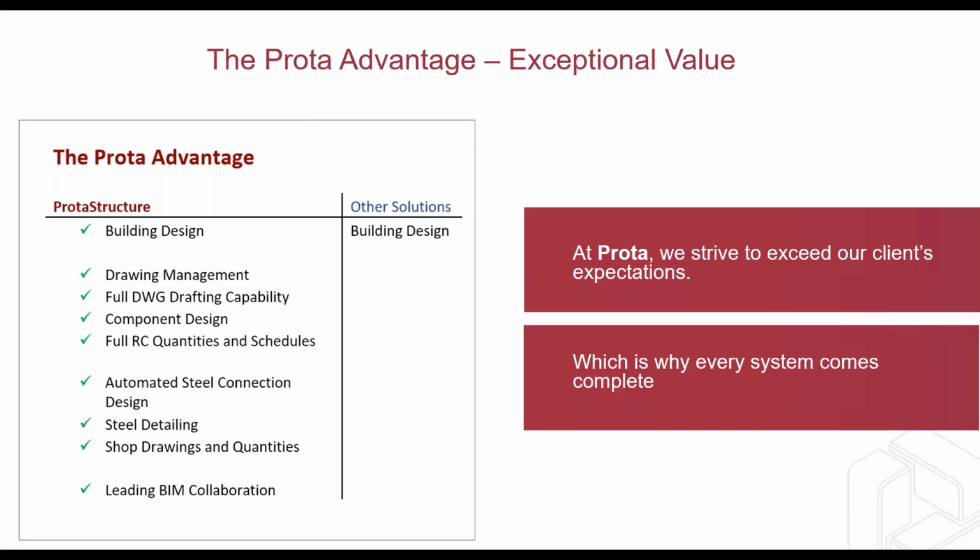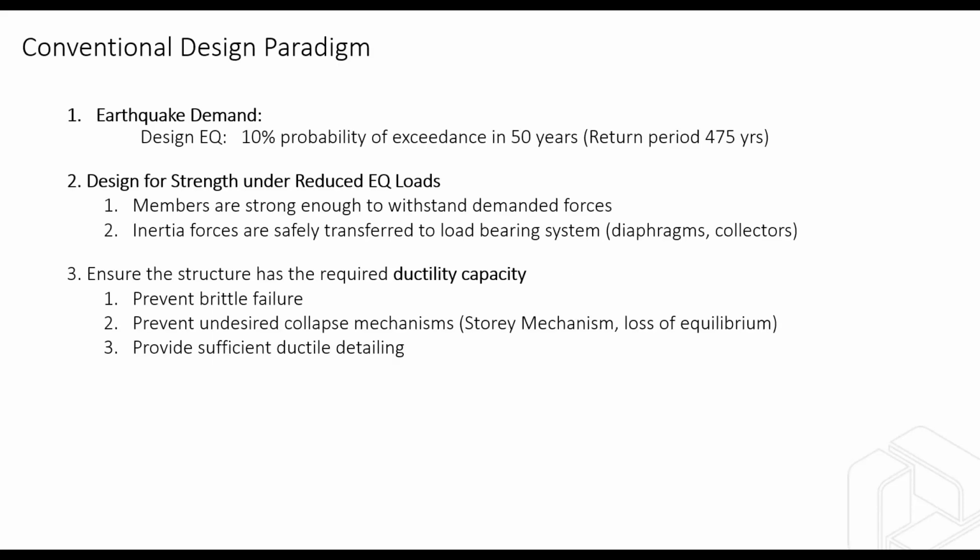But today, as I promised, we will be discussing performance-based design, in which Prota Structure is quite powerful. So let's jump into performance-based design. As you know, we have different design paradigms in terms of